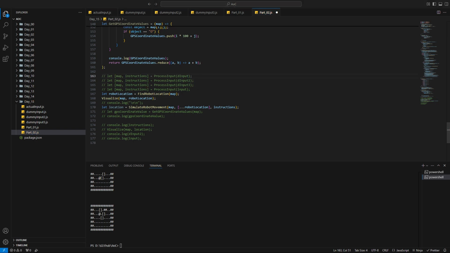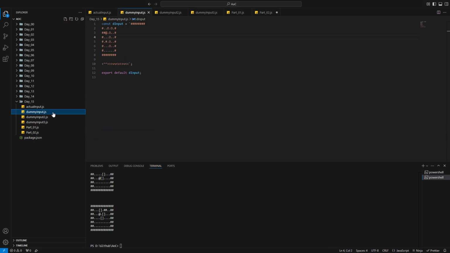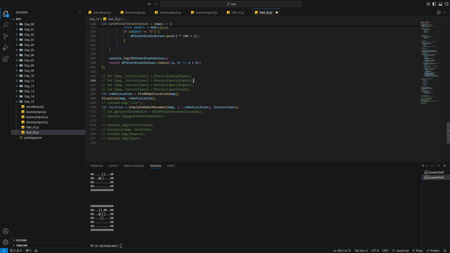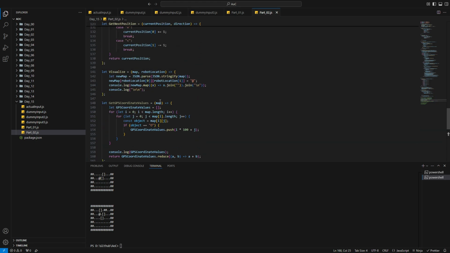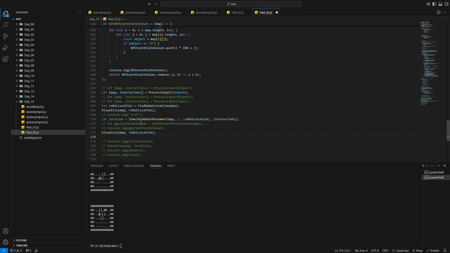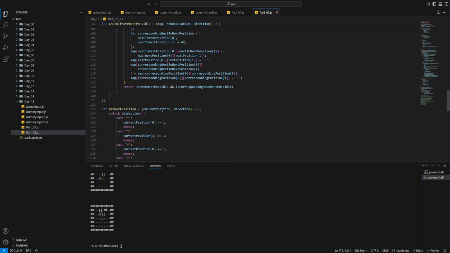I think in the question they're talking about the scaled up version, which is, this was the smallest, this was the scaled up. So let's try it with this. I don't think we need to visualize at every step. I'll just see what the last one is. And the first one was